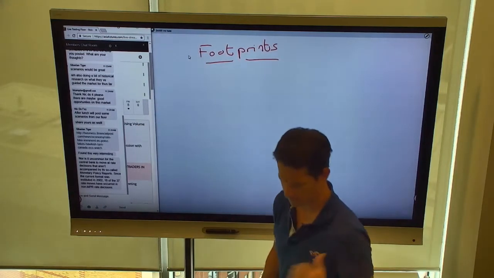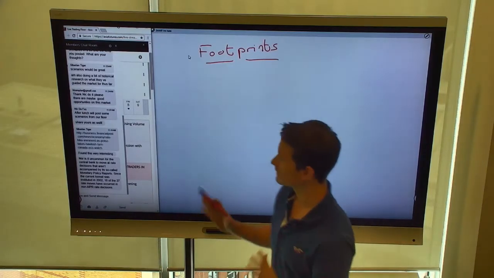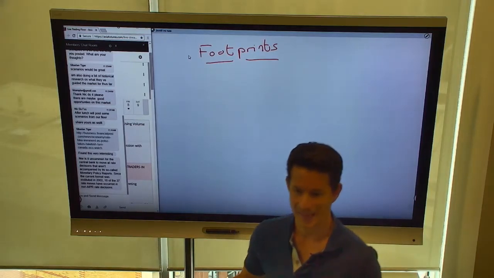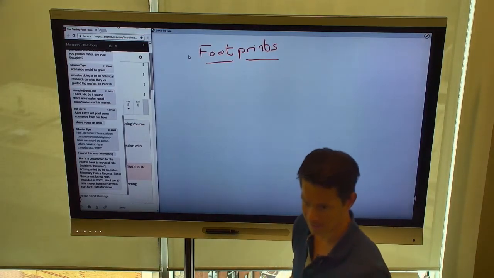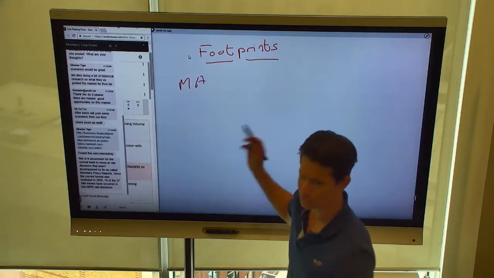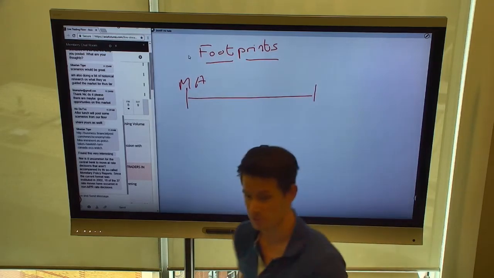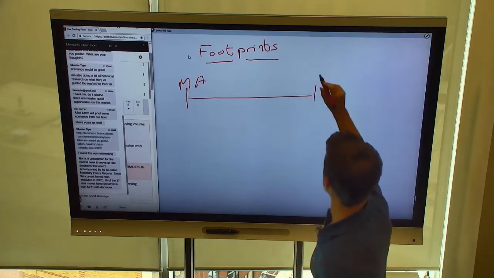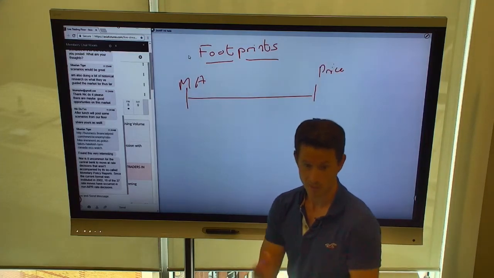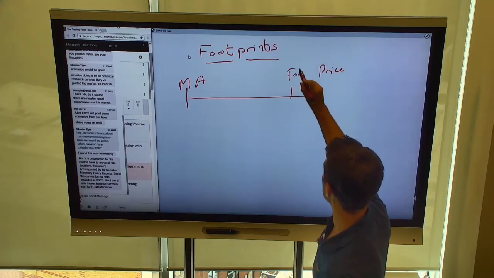I love footprints. Now, I did a webinar with IO Futures last week. If I'm going to summarize where footprint sits in the spectrum of leading versus lagging information, it sits directly behind price. So what do I mean? You all know what a moving average is, okay? Moving average is a long way behind price. Why? Because it's an average of price, right? Whereas we have price being the quickest piece of information. Why? Because it's exact, it's happening all the time. Just behind that we've got footprint, and that's why I love it.